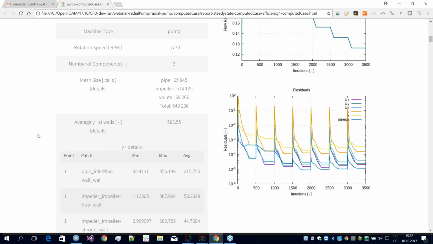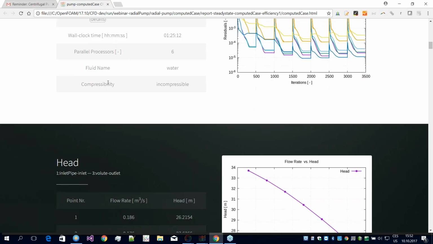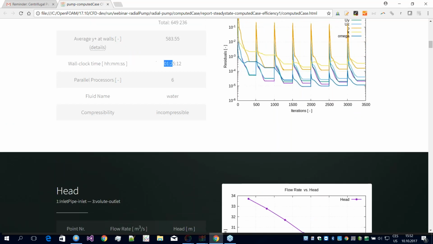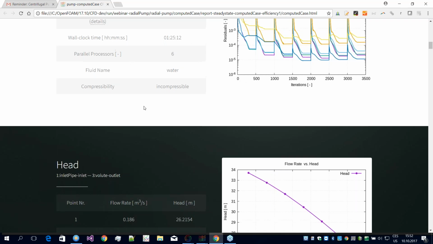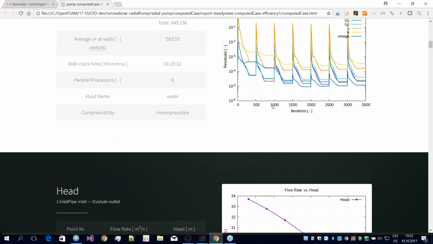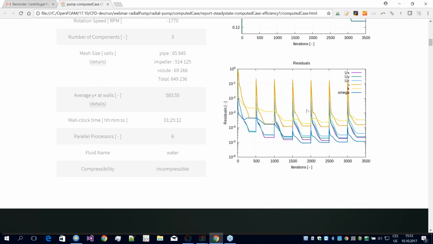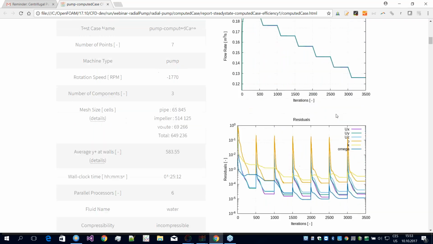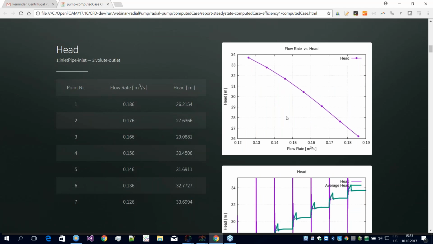You can look for Y+, which is important for turbulence modeling. You can see how long it takes to simulate your machine, of course, fluid name and compressibility check, the residual control throughout the whole simulation, the flow rate, convergence, and then there are several parts